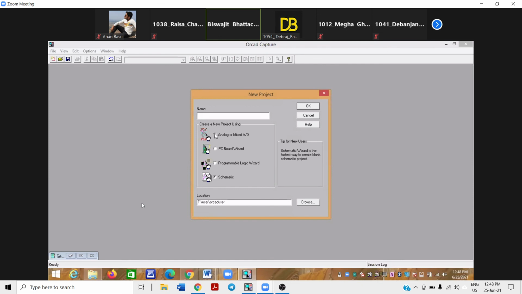It will be clicked in Analog or Mixed-Signal. Otherwise, you will not be able to run your PSpice software. Now after that, you can write any name for the project. So I write test1. Then I just click OK.